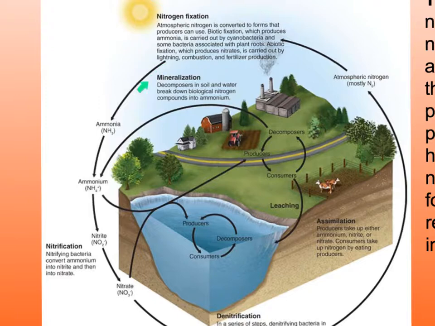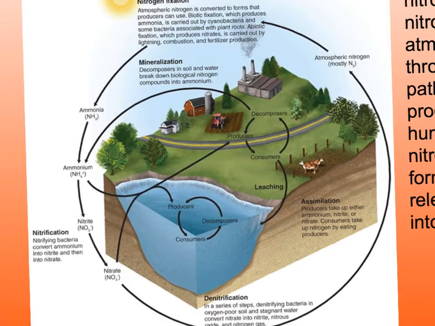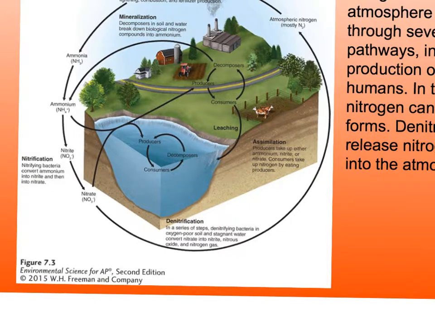Got ammonia. Ammonia turns into ammonium, nitrite, nitrate, and this is getting ready to be assimilated by some sort of plant or animal. See, so it goes here, and goes into the aquatic environment, goes to producers where it can get assimilated, right? Then it'll be mineralized and excreted, leachate. You get leachate here. So this cycle can go lots of different directions, but you should know at least one of these straight paths,